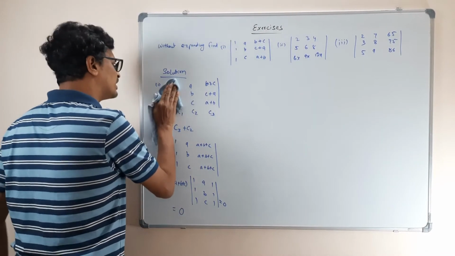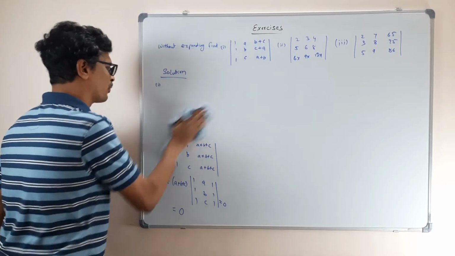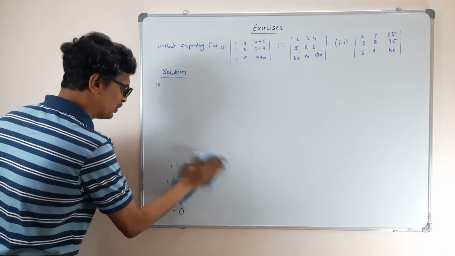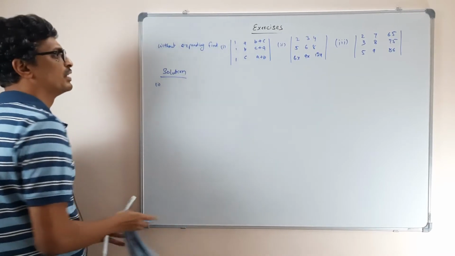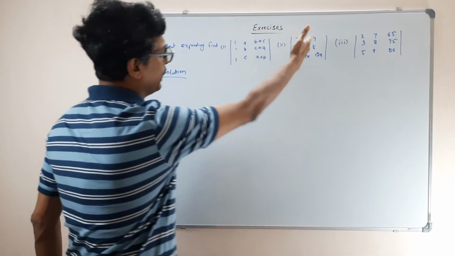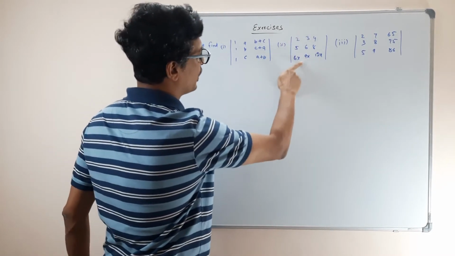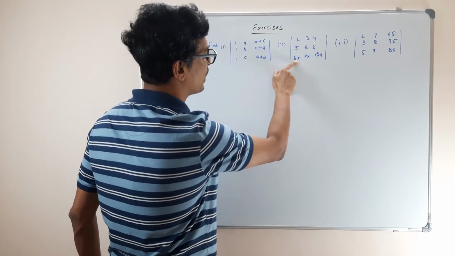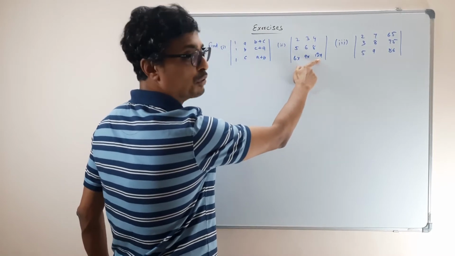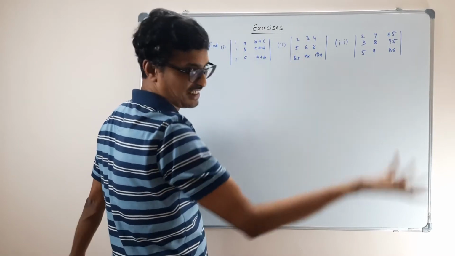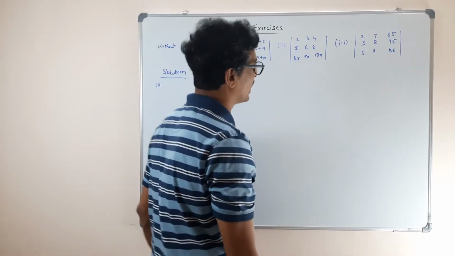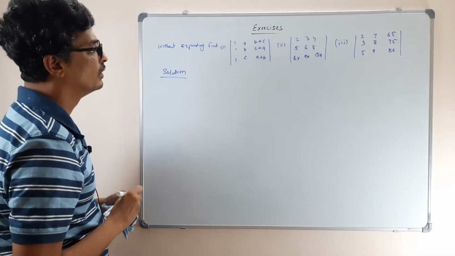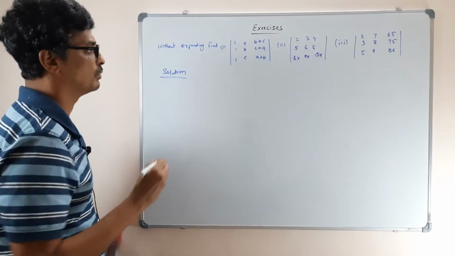So the second problem is also very simple. We don't have to really do it. Here itself you can see. Take x commonly outside, 3x, exactly. Take 3x commonly outside. Then it becomes 2, 3 and 4. They are both the same. So that's 0. So let us do the third problem.